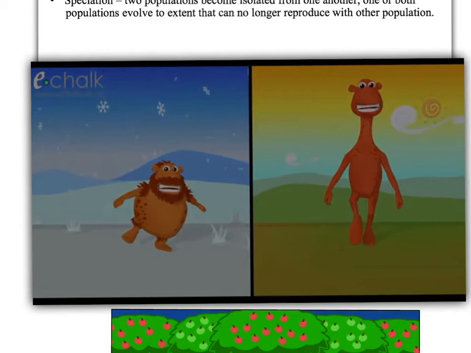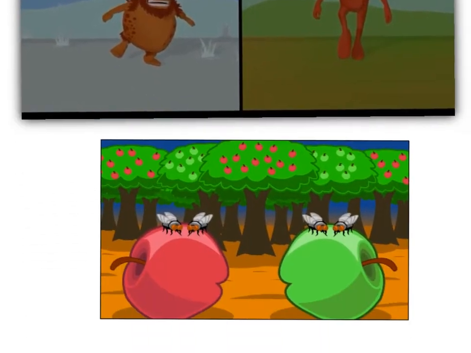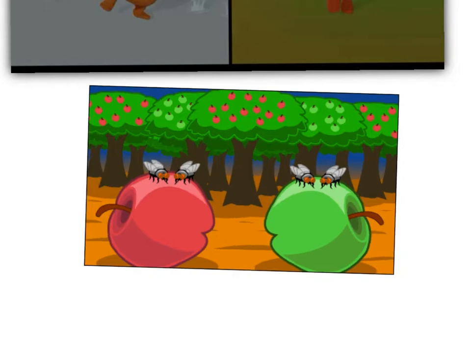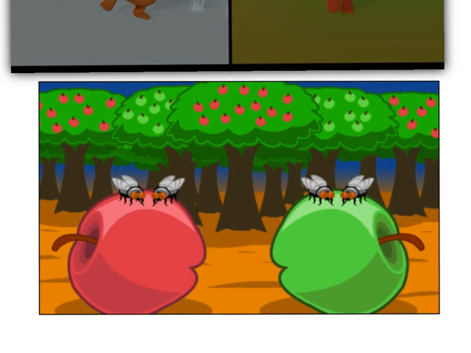So that deals with allopatric speciation. The other type of speciation we encounter is called sympatric speciation, and I'll illustrate that with this diagram below. If you can imagine this scenario where we've got a type of fruit fly which feeds on apples from apple trees, and there are certain fruit flies which have a tendency to gather on red apples, and another group of the same species which has a tendency to